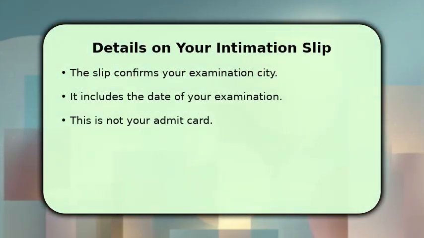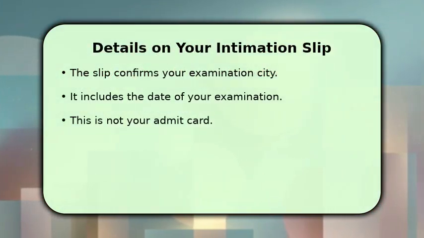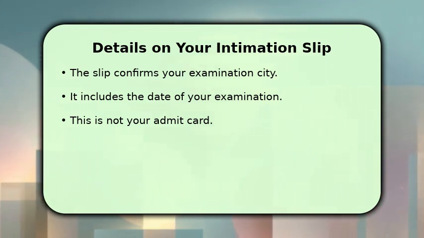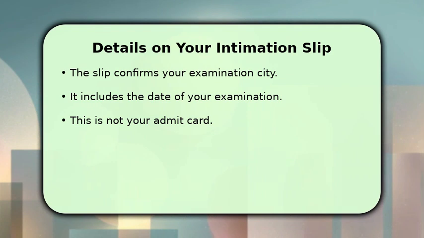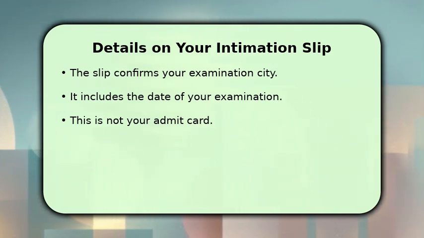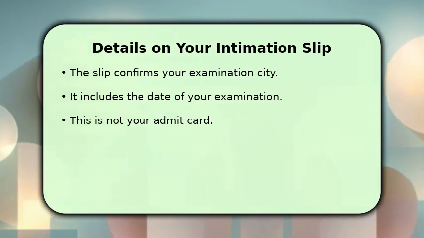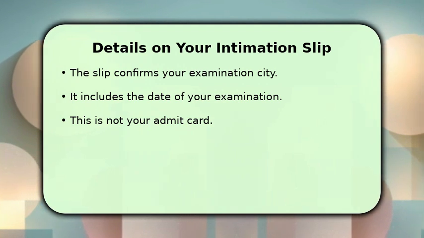Your city intimation slip will clearly state the city assigned for your CUET-UG examination and the scheduled date. It's important to understand that this document is solely for informing you of your exam city and date. It is not your official admit card, which will be released separately and contain more detailed information, including the exact